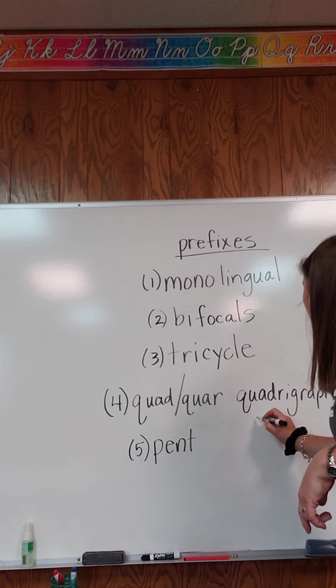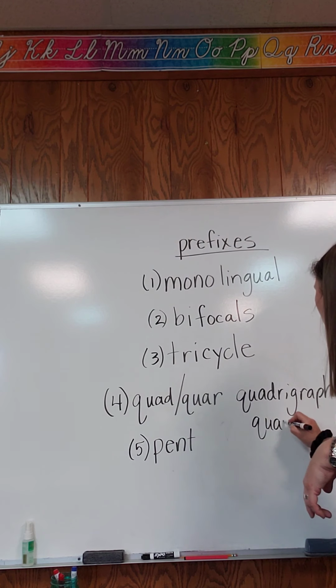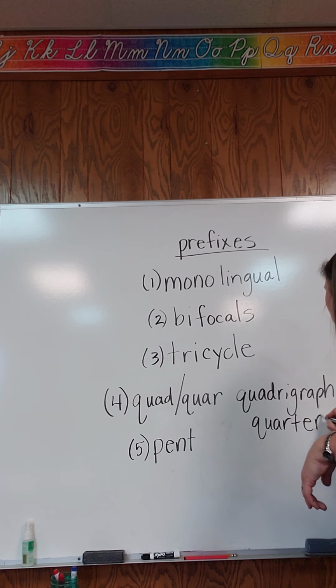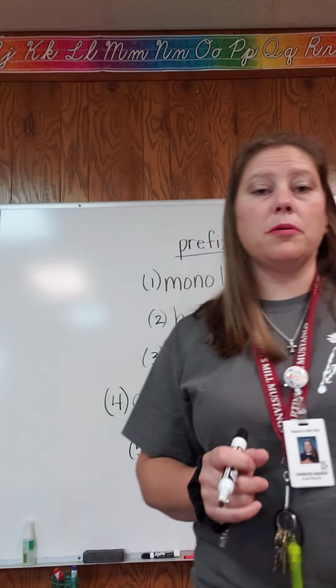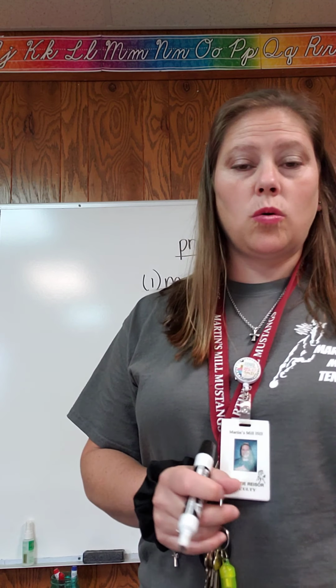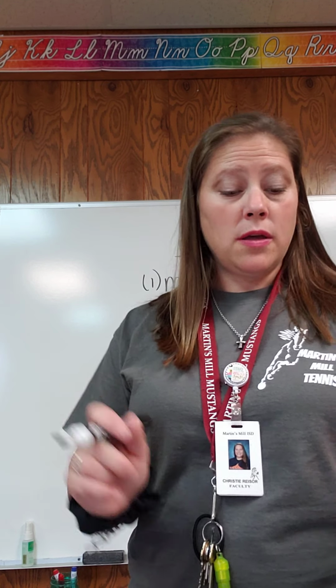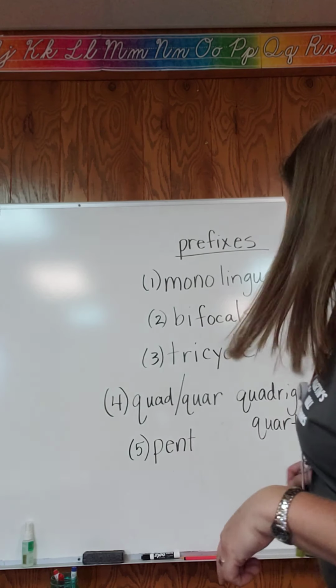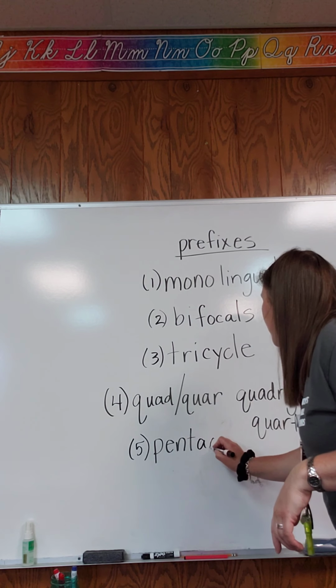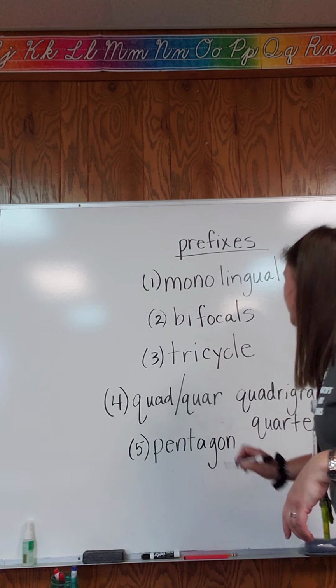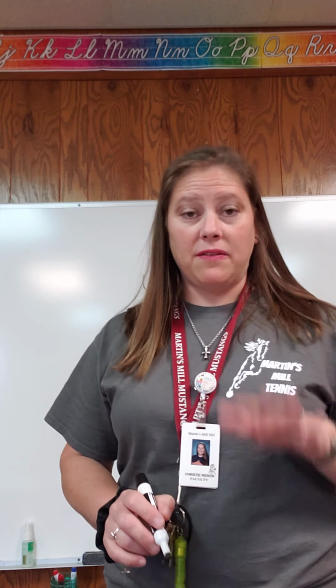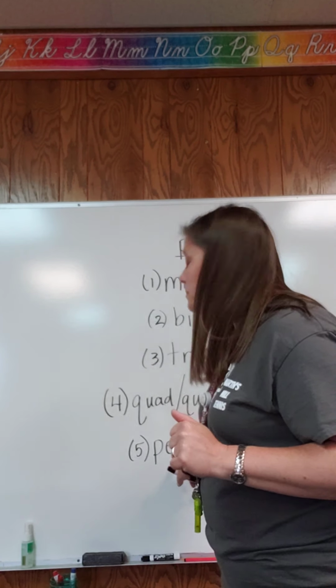And then quarter would be one using the prefix quar. Okay, so quad, quar go together, meaning 4. Okay, and then pentagon. Pentagon having 5 sides, prefix pent meaning 5. Okay, so you've got